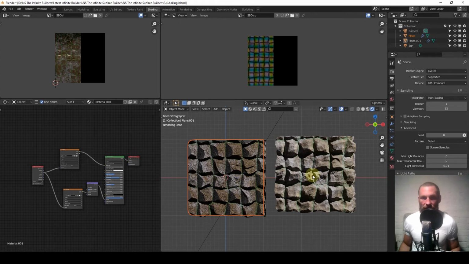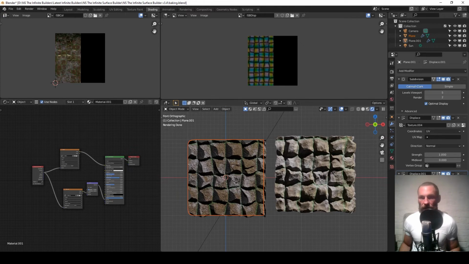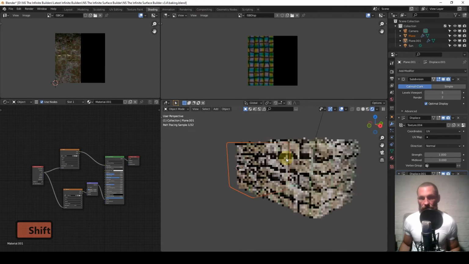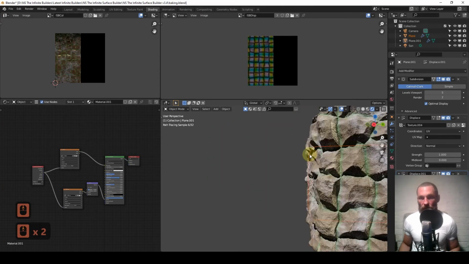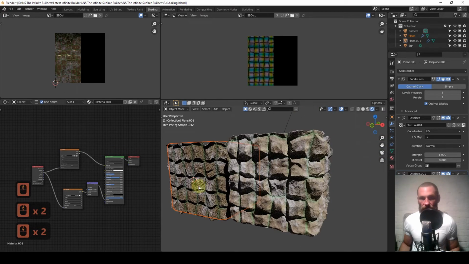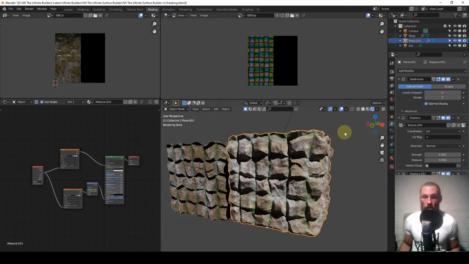So you can get that added extra by just adding more displace modifiers and layering as many as you want to really muck with the geometry once you've got it where you want it, how you want it to look. And then when you're finished, if you wanted to export this as an OBJ or FBX